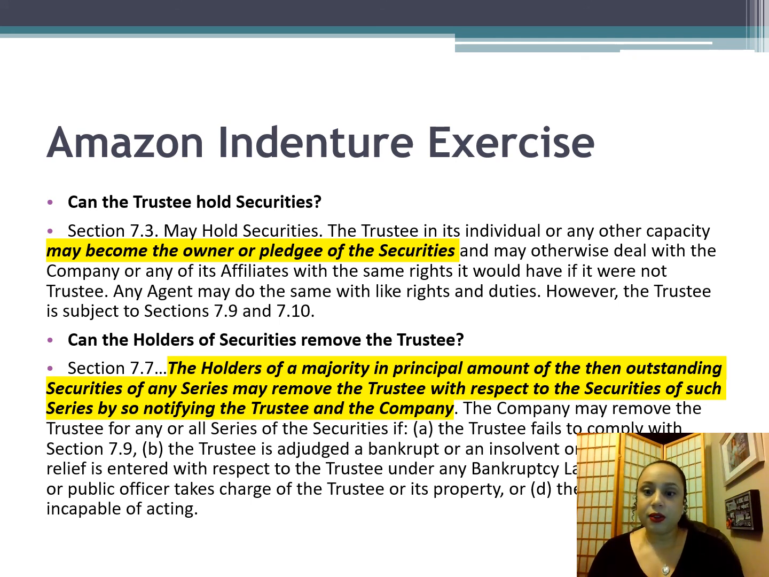So you can look at all of the various scenarios in which both the holders of the securities as well as the issuing company are empowered to actually remove the trustee. So that